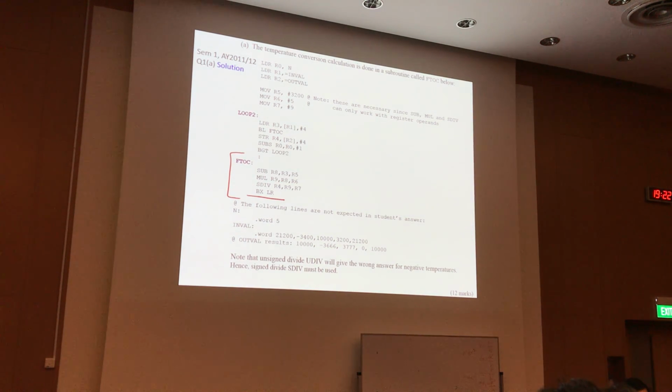I do the subtraction by, because the formula is 32, if I multiply by 100 is 3200, okay? Then after that, I multiply by 5, divide by 9. Multiply always needs the operands to be in registers, so I cannot hash 5, hash 9 and all that. But basically,